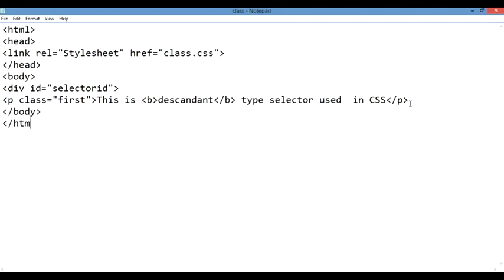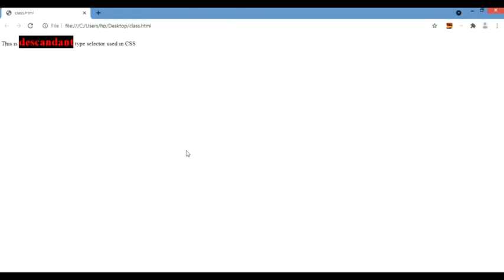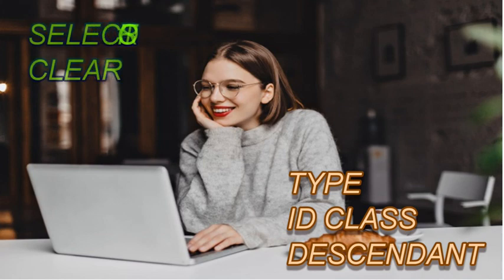As in the already existing CSS document, we have defined that whenever we see the bold element, it will perform according to that styling only. So whenever I use this part in the bold element, I have closed the div tag, body tag and HTML tag. Whenever I execute this code, the whole statement will be printed, but you can see there is a difference in the descendant part, because that is the output displayed in the program.